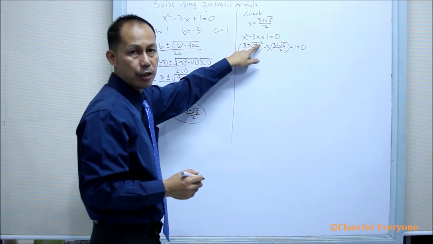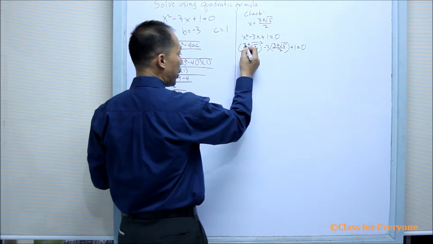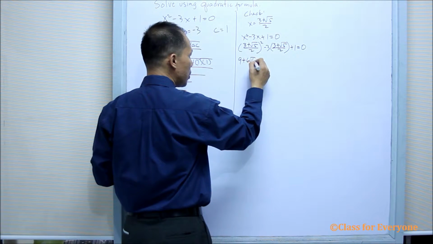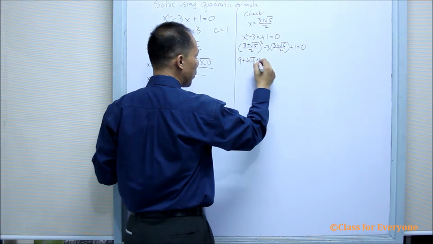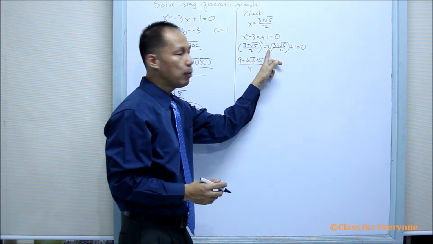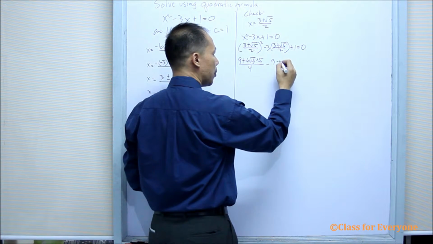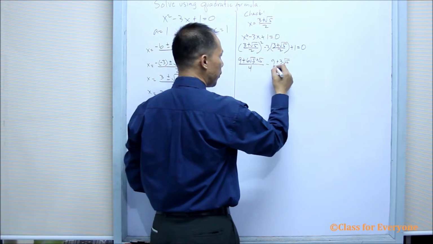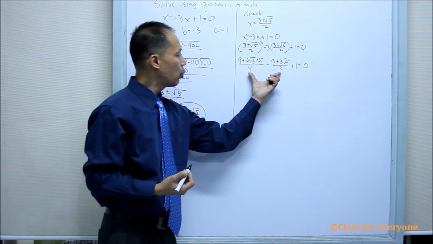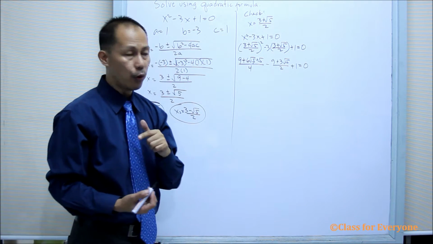We square this first. Squaring the numerator, which is a binomial, 3 plus the square root of 5, will give us 9 plus 6 times the square root of 5 plus 5, all over 4. Now, we will multiply 3 to the numerator, which will give us 9 plus 3 times the square root of 5, all over 2, plus 1 equals 0. We need to combine these two fractions. So the LCD is 4.